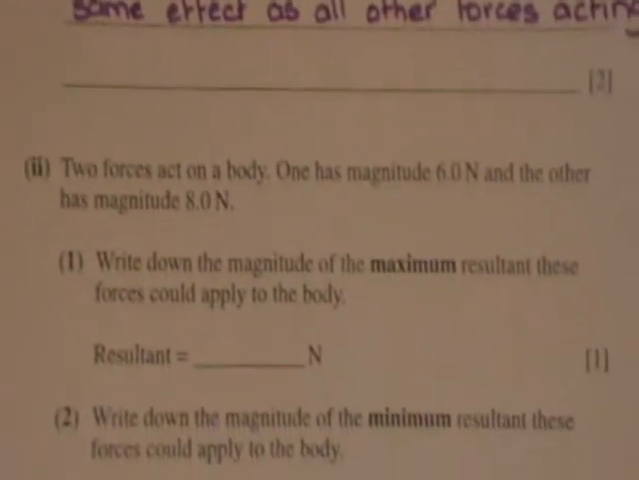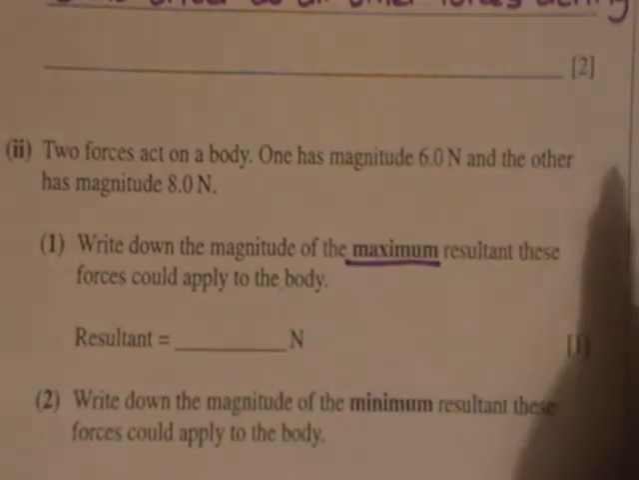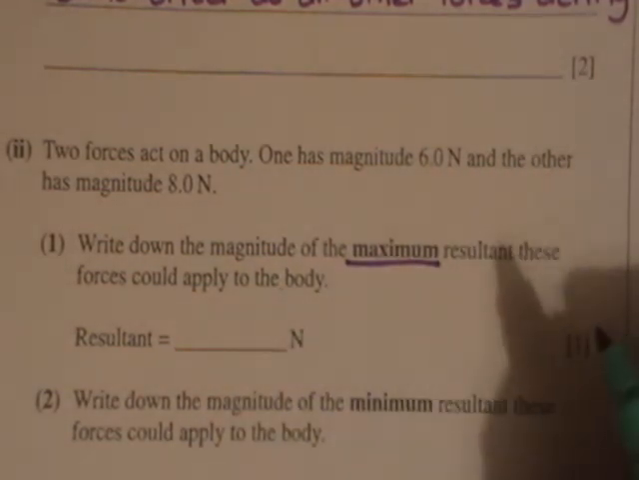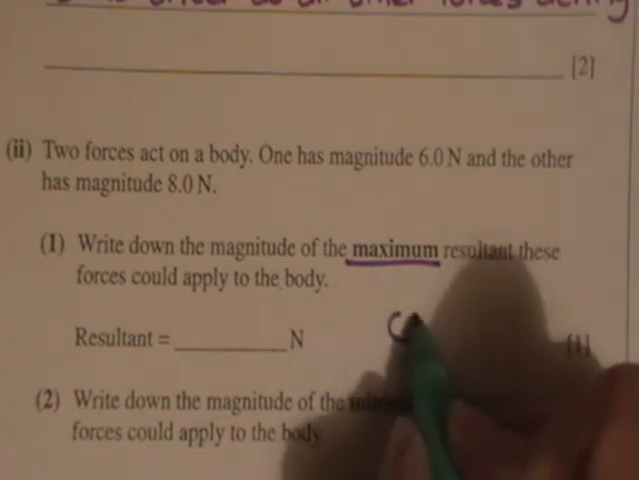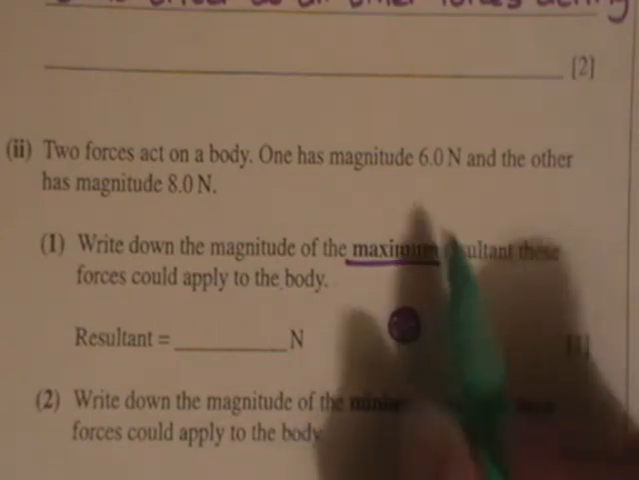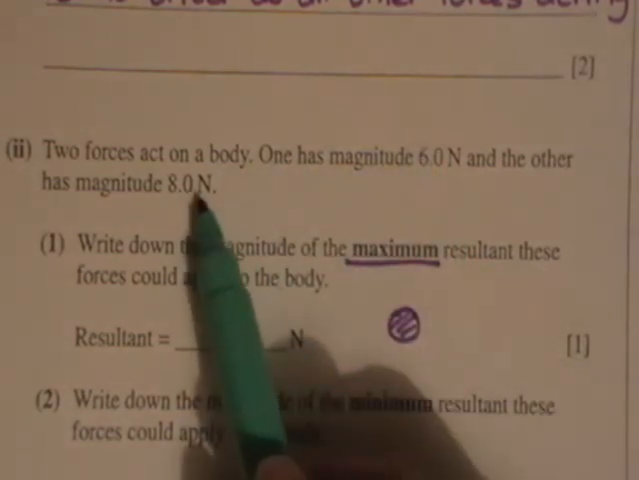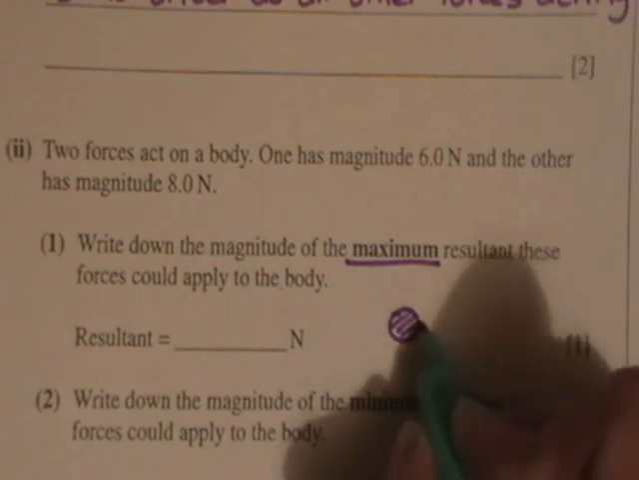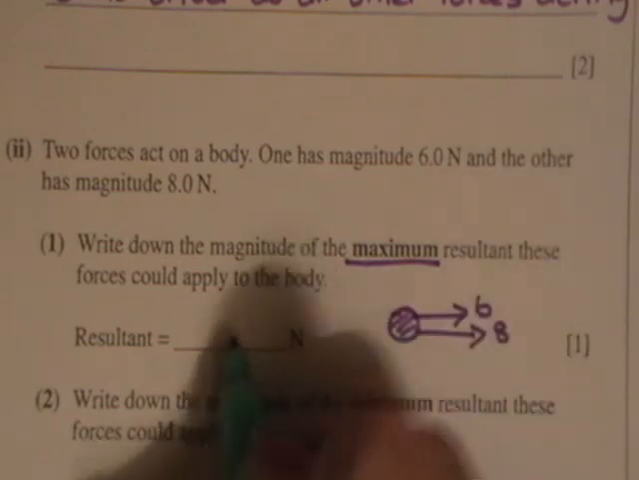Part 2. 2 forces act on a body. One has a magnitude of 6 newtons and the other has a magnitude of 8. Write down the magnitude of the maximum resultant force. These forces, the maximum resultant these forces could apply to the body. So if we draw the body and we apply a force of 6 newtons, then to get a maximum we would also apply the force of 8 newtons in the same direction. So you could have 6 newtons and 8 newtons in the same direction, and therefore your total resultant, parallel vectors,